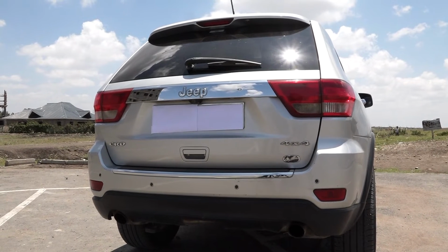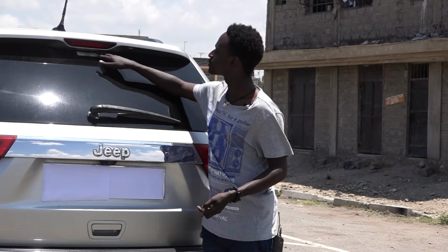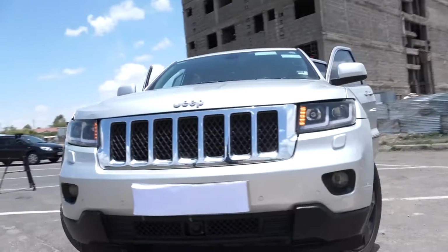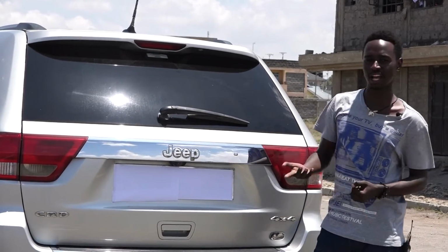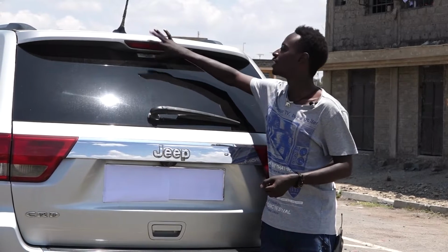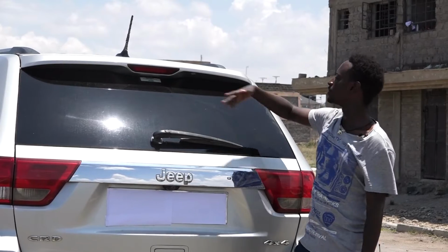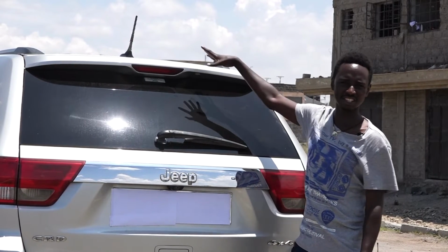Anyway, moving to the back, we have the rear wiper, and we have a nice badge over here written as Sedan, Chrysler, Jeep, Dodge, Jeep, which is just nice. It looks good. It's rare, as you don't see it in many cars. And of course, we have a top stop light mounted on the rear spoiler. And we do have the aerial on top of the car, and that just helps with the satellite navigation,